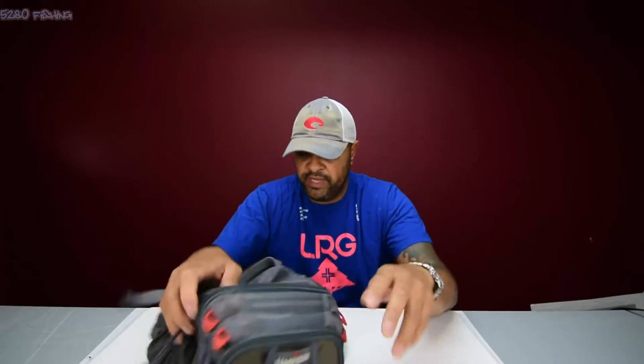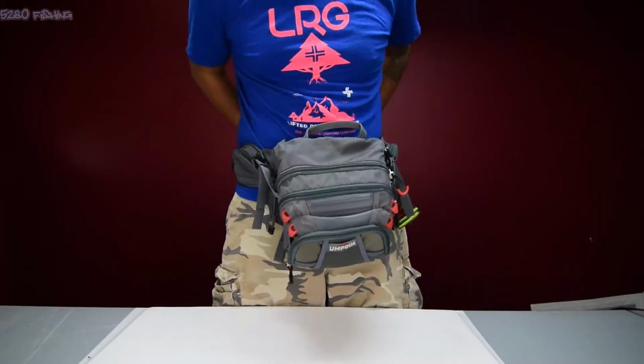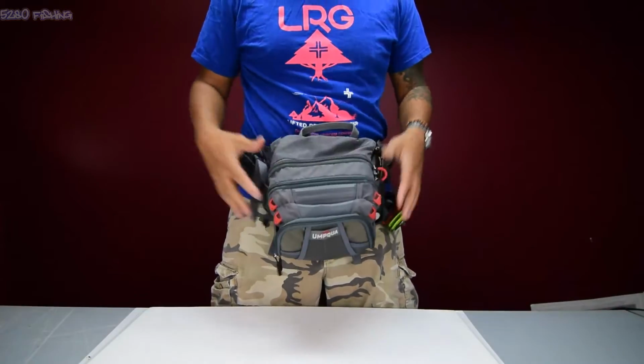Not to say that they're not good. All my other buddies have them and they work really well. Just me personally, I don't like them, so I went and picked this up. So yeah, like I said, this is a waist bag. I'll show you how it goes on. It just goes on like so, and it clips in the back, and it fits over